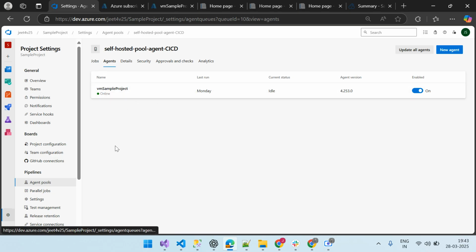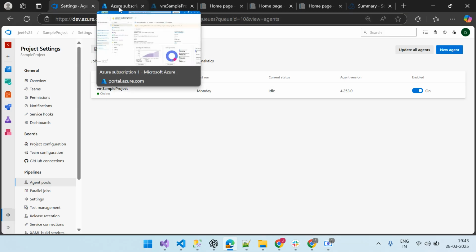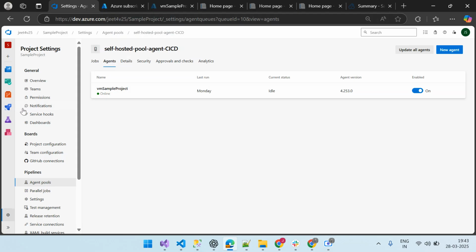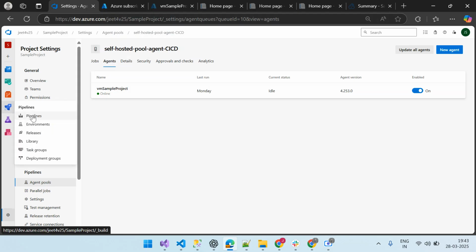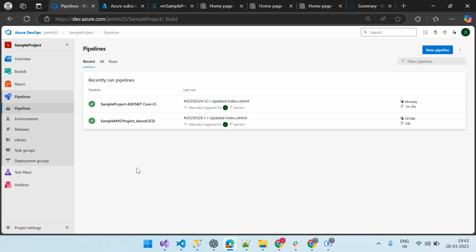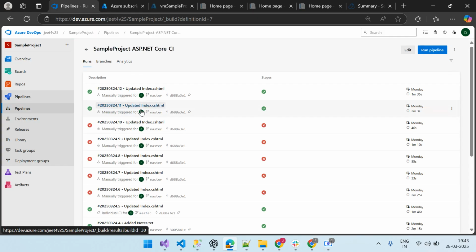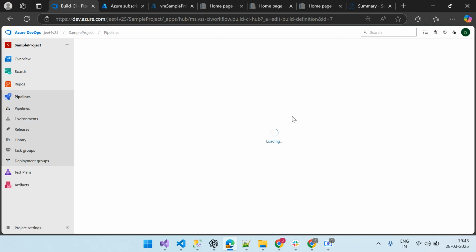It must be available. And this is the VM sample project. We'll cover that later on. First we come to the pipeline. Here we have one pipeline, sample project ASP.NET Core CI. If we edit the pipeline,